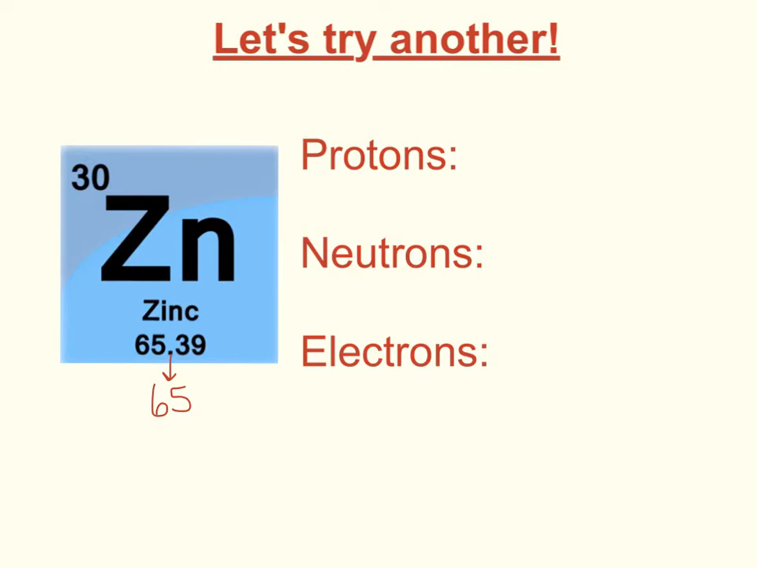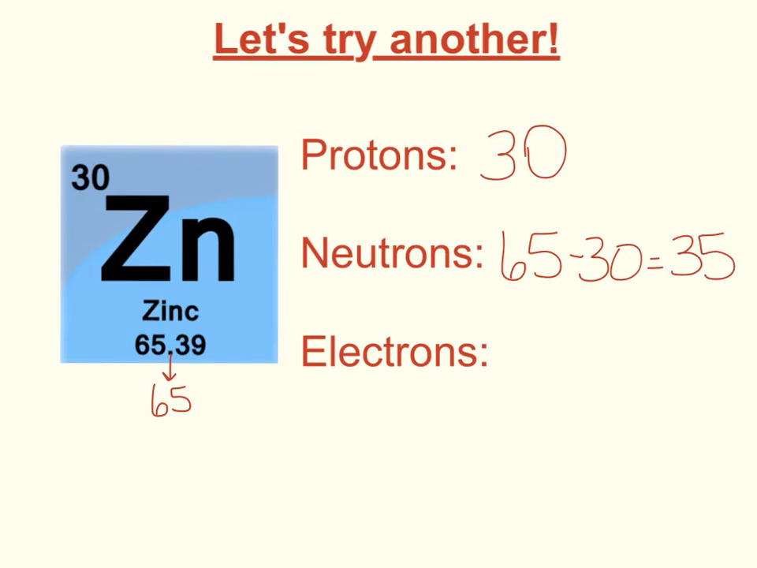So, to find the number of protons, we just look at the atomic number. The number of protons will always be equal to the atomic number. So, zinc has 30 protons. The number of neutrons, remember, is equal to the atomic mass minus the atomic number. So to find the number of neutrons, I'll have to do 65 minus 30, which gives us a total of